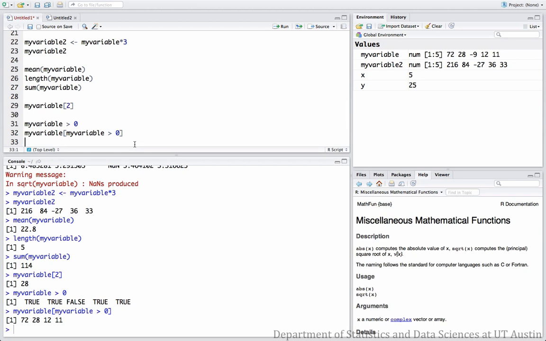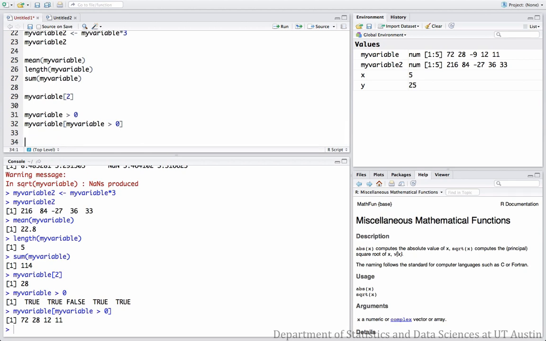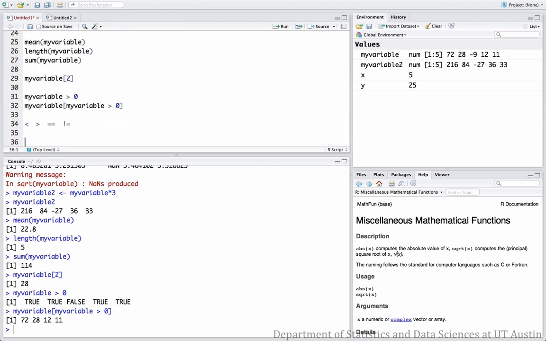The other types of logical statements I can use are the symbols less than, greater than, equal to, which is two equal signs back to back, and not equal to, which is an exclamation point and an equal sign. So just to see what I'm talking about here,